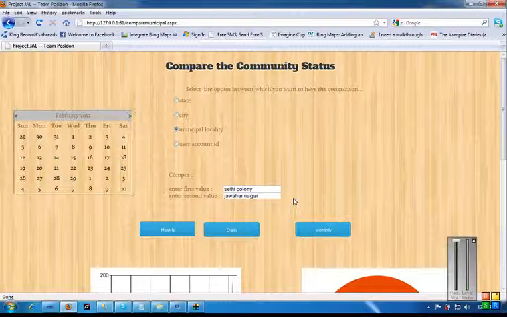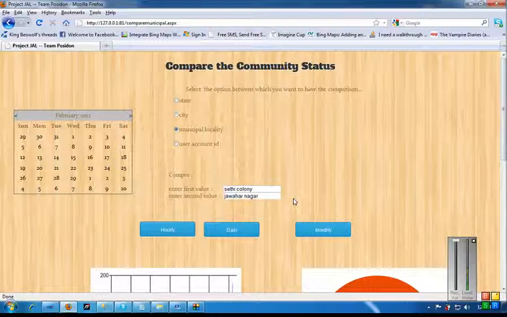With this, we come to the end of the functionalities, but in future we are also planning to improve the AI of our solution by giving the exact amount of water that a particular station can pump to different localities, depending upon the previous consumption patterns. With this, we conclude our presentation. Thanks for watching.